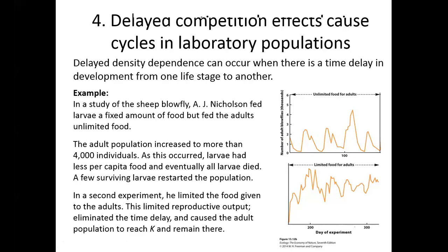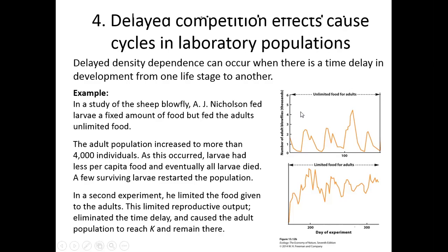So you get these wild fluctuations. Here, the larvae are all starving, and there's only a few left to produce adults. They produce some adults. The adults have unlimited food. They produce a gazillion larvae,